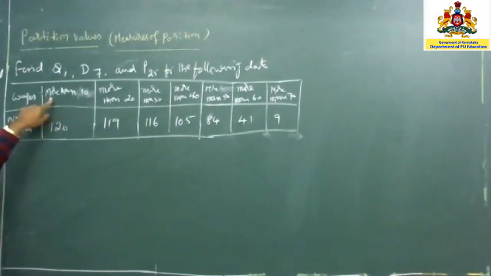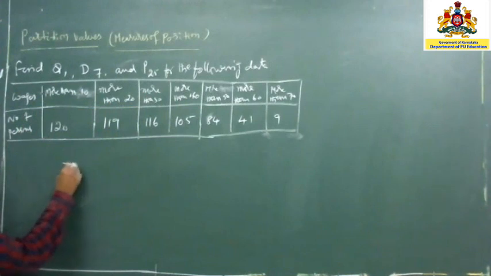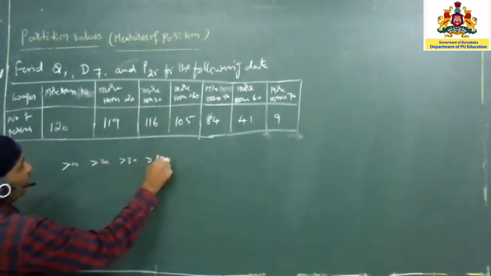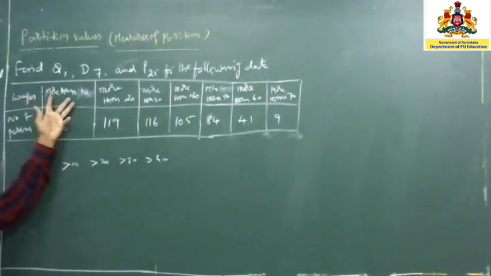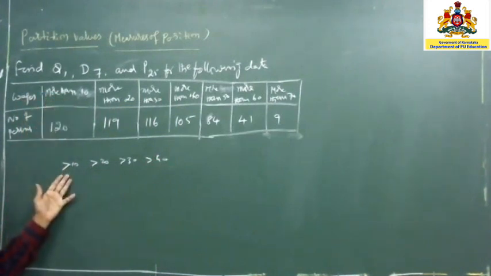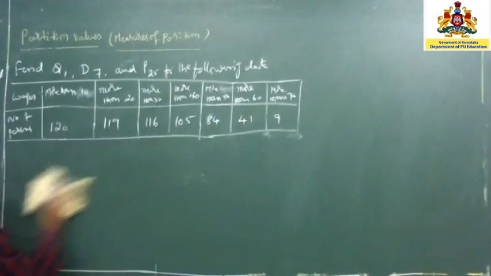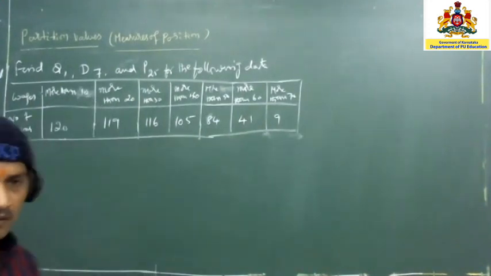But here more than is given. Sometimes they will give greater than 10, greater than 20, greater than 30, greater than 40 like this, either greater than or more than. Here, in English words they have used more than, but here they use the mathematical symbol, the relational operator, that is greater than only. So in this case, we need to convert it, and generally it is going to become an exclusive class only.